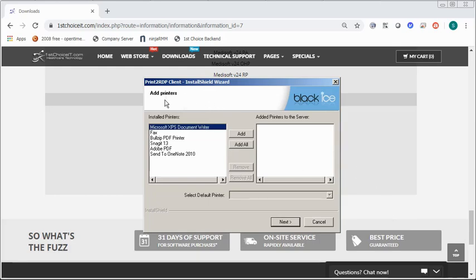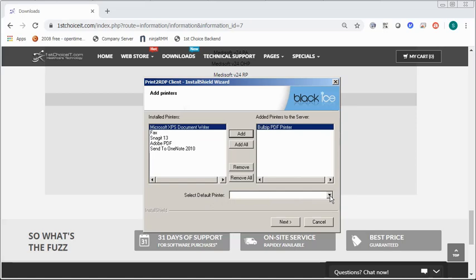Okay, and from here, this window, we will be able to select what printers we can assign to the server, added on the server, so that when we print, it will be available for us to print it to. So for example, we're gonna select this printer and add it, and as you see here on the drop down,